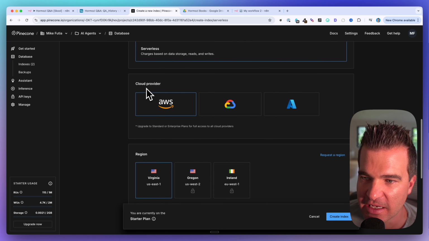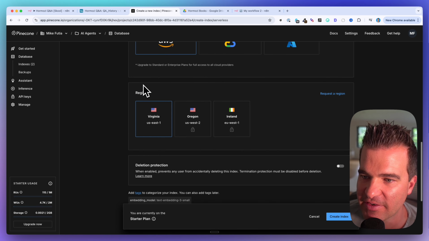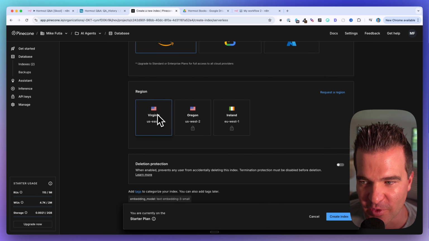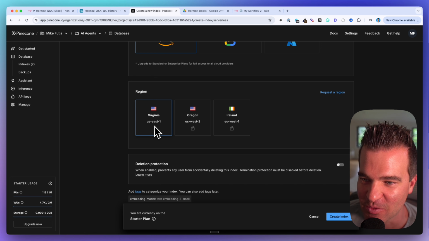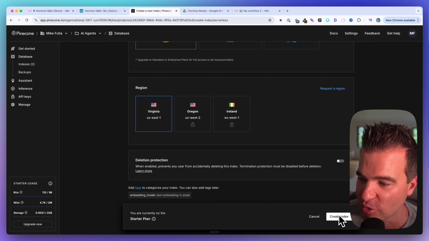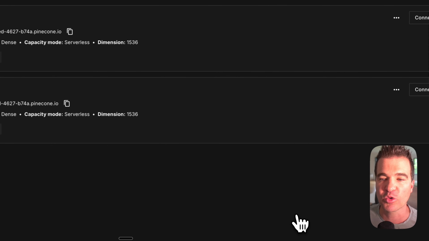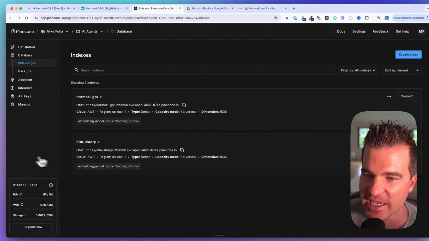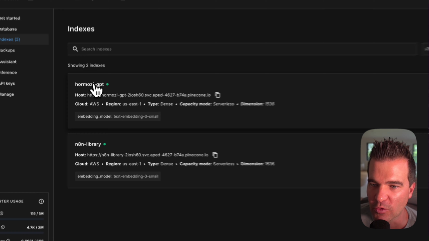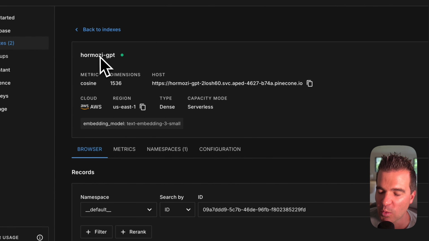Capacity mode, you can leave alone. Cloud provider, you can leave it on Amazon. Your region, you can choose. There's only 3 options that I see, so I'm going to stick with the East Coast on the US. And then that's it. You're going to hit create index. I'm not going to create another one because I already have mine. When you hit create index, it's going to take just a few seconds and you will see it populate over here. And what you're going to want to grab, and let me click into mine,